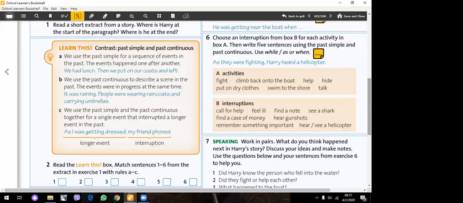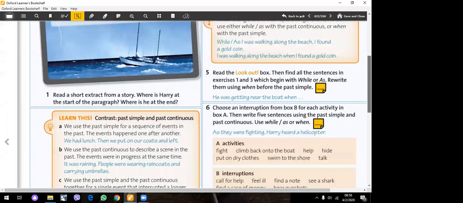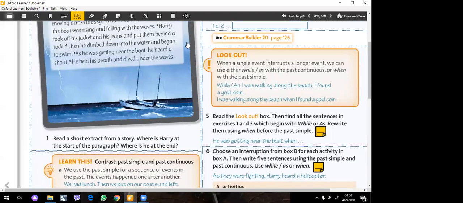Now, the third question. Who can answer the third one? Firuze? 3A. Okay, let's see. Harry took off his jacket. Yes, we use irregular verbs. You are right, Firuze. Thank you. The fourth one is